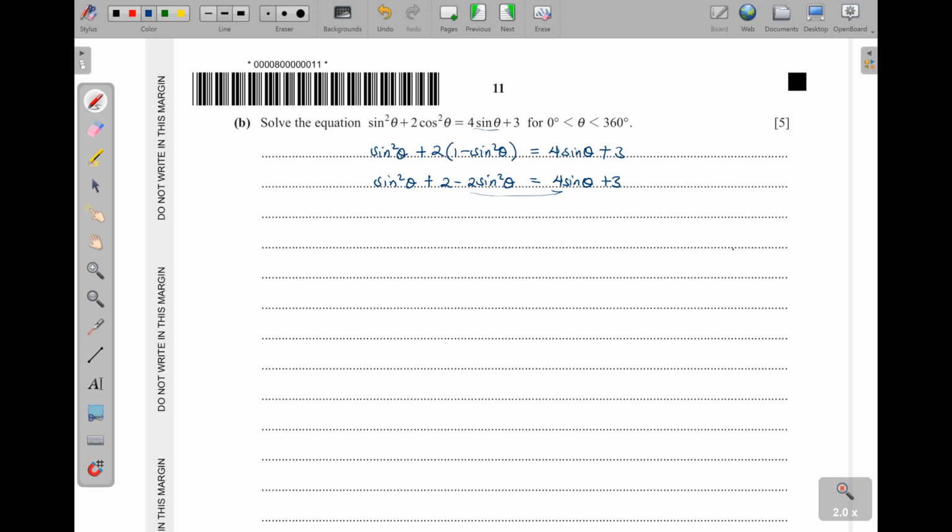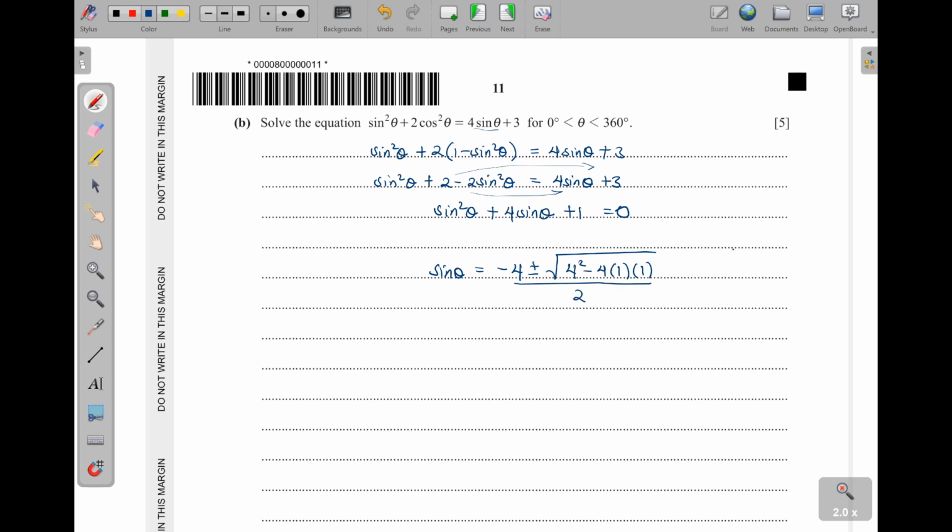Now let it cross, then we shall have sine squared theta. Then it finds the 4 sine theta. And then this 2, when it crosses, it's a minus. So 3 minus 1, we get a 1, which is equal to 0. Now this is a quadratic in sine theta, and this one I think cannot be factorized. So we solve using the quadratic formula. So sine theta is therefore going to be minus b plus or minus the root of b squared minus 4ac